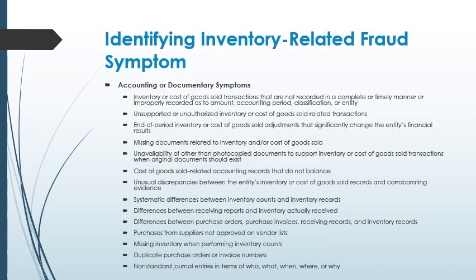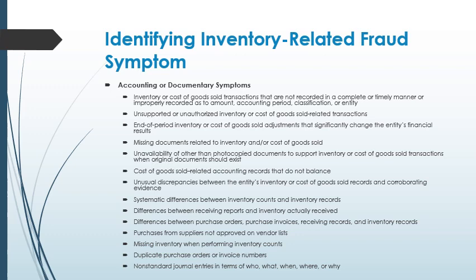Accounting or documentary symptoms include inventory or cost of goods sold transactions that are not recorded in a complete or timely manner or improperly recorded as to the amount, accounting period, classification, or entity, unsupported or unauthorized inventory or cost of goods sold related transactions, end of period inventory or cost of goods sold adjustments that significantly change the entity's financial results, missing documents related to inventory and/or cost of goods sold, unavailability of other than photocopied documents to support inventory or cost of goods sold transactions when original documents should exist,